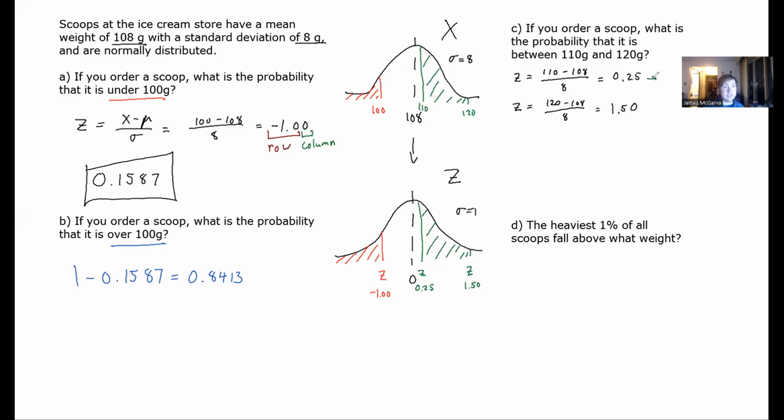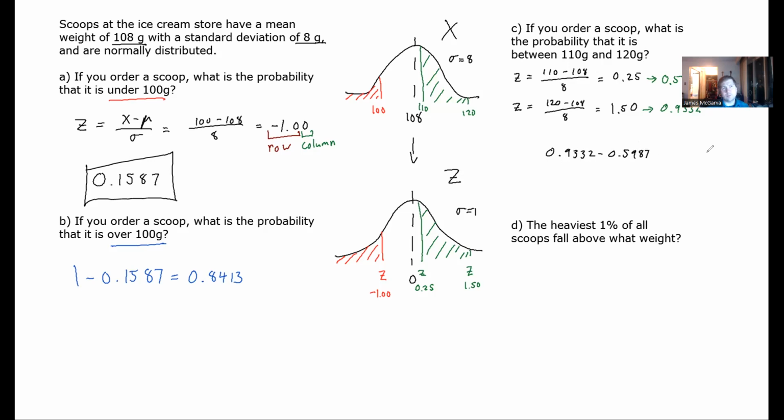So this gets me from the table 0.5987, and this one gets me 1.5319. And what I need to do here is subtract these. Sorry, what am I saying? I don't know where that number came from. I had something on my calculator and I must have pressed the wrong button. But anyway, it was supposed to be 0.9332. Those are the two numbers I looked up. So I have to subtract these. I'm going to do 0.9332 minus